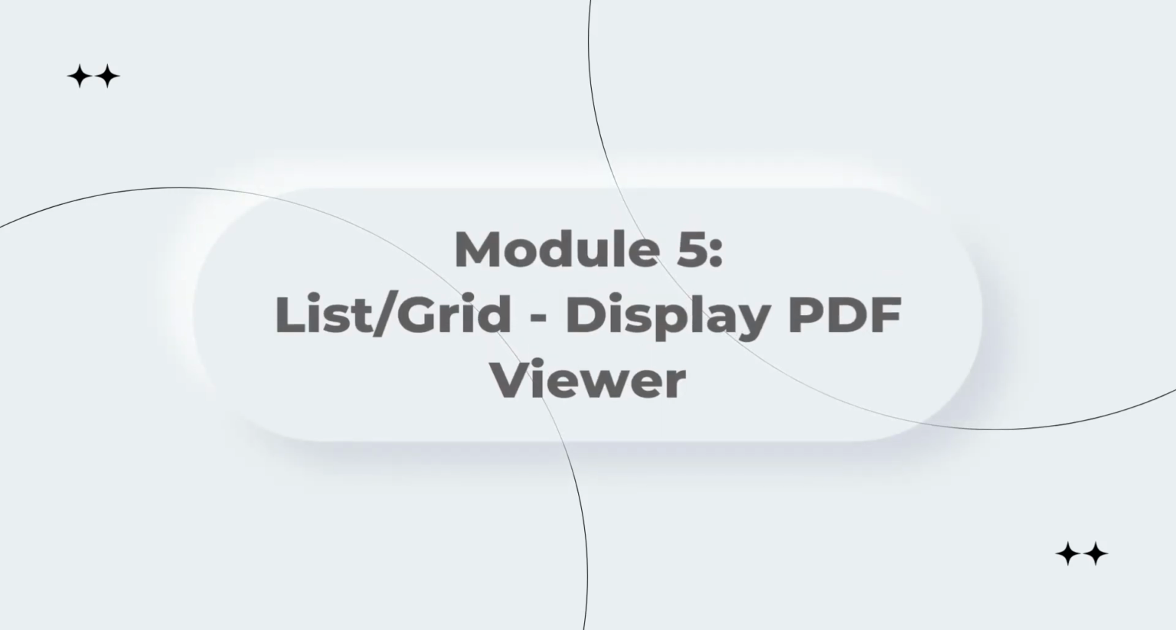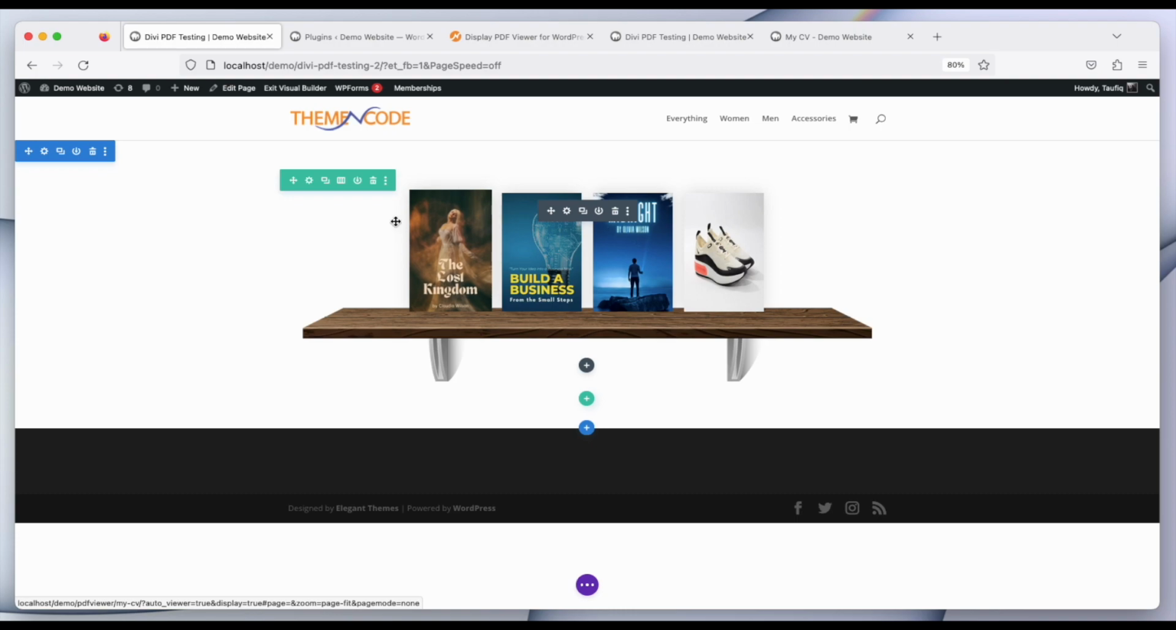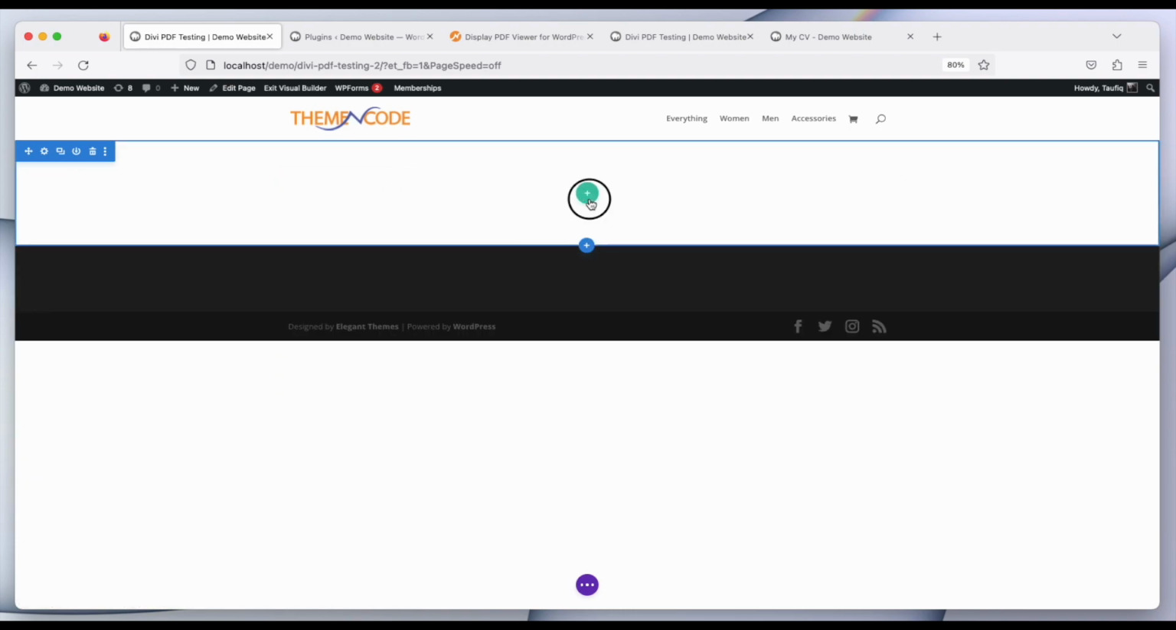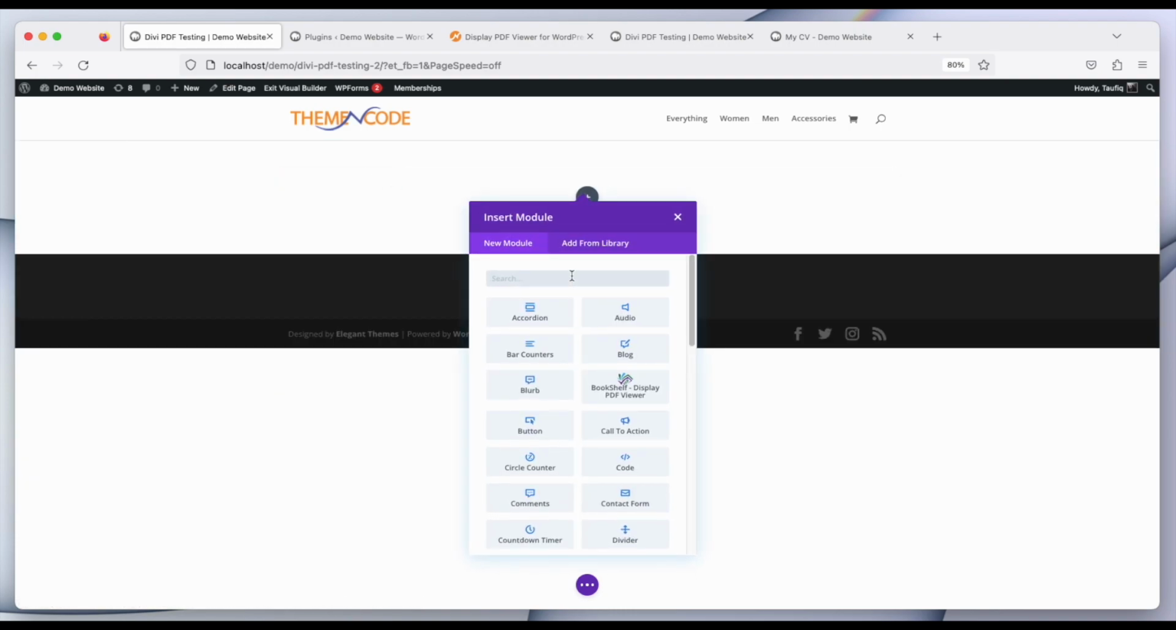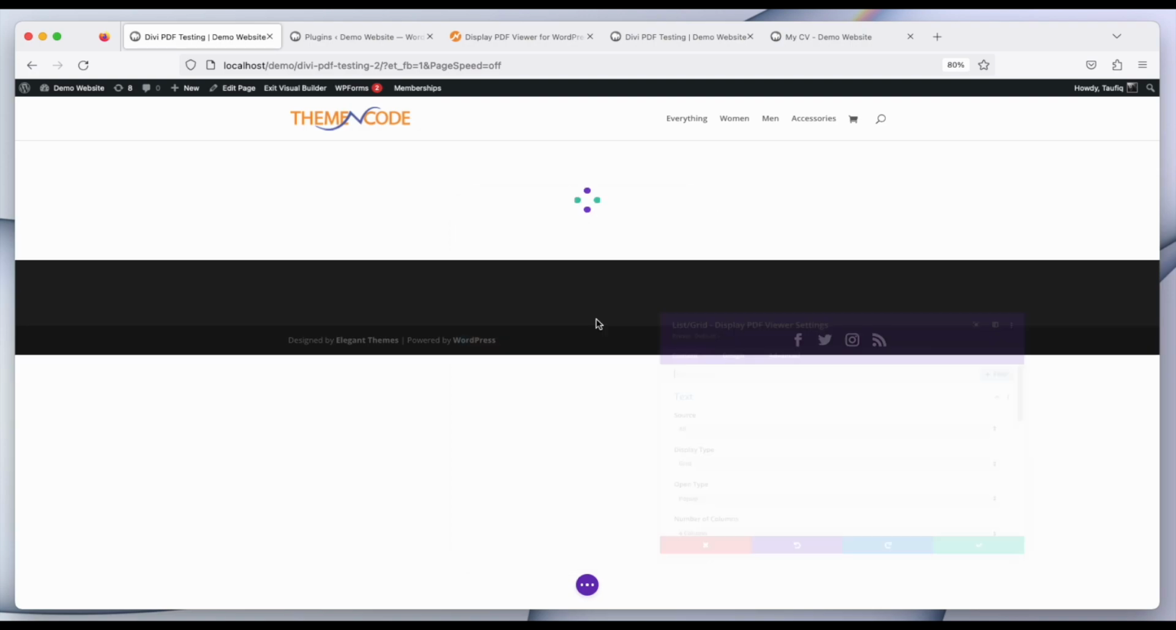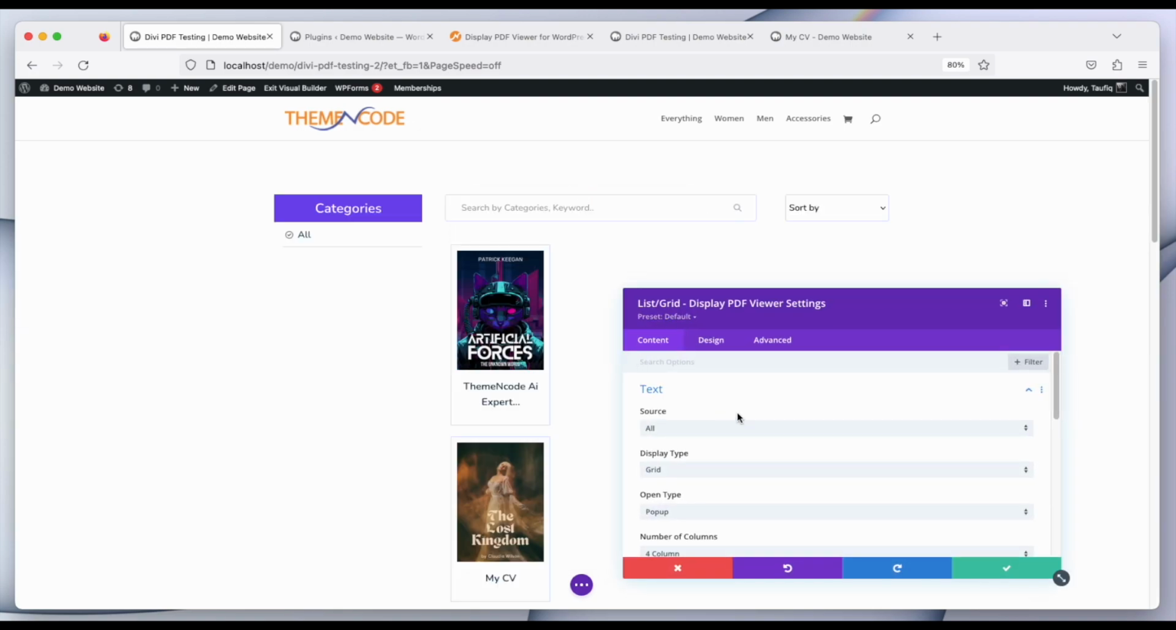After bookshelf, let's talk about the list grid display PDF viewer module. Let's delete it and take the list grid display PDF viewer module. The display types can be either grid or list, and you can source by either all or category or selected